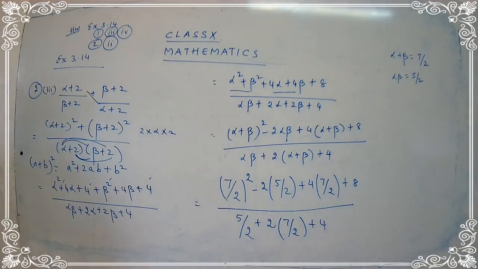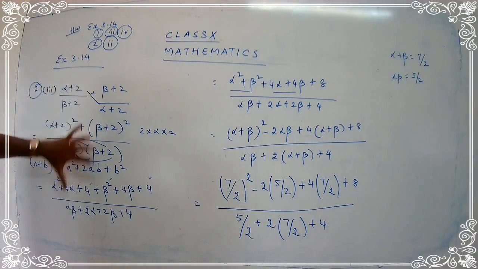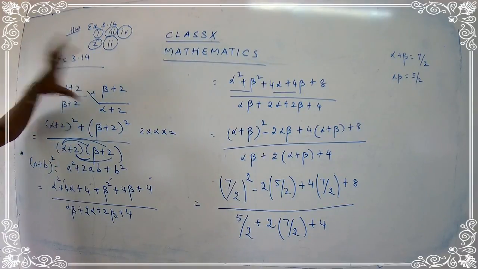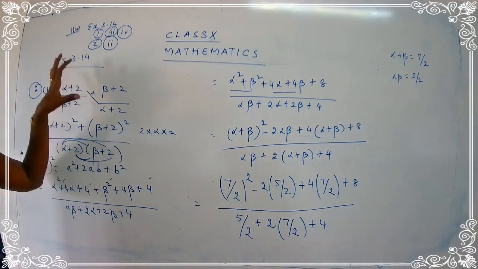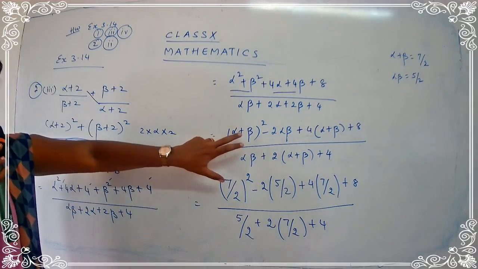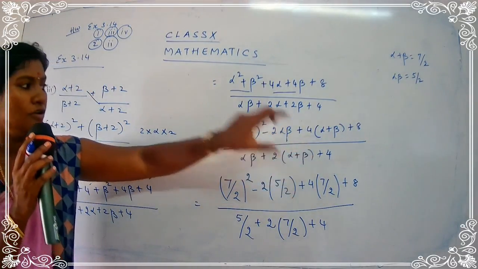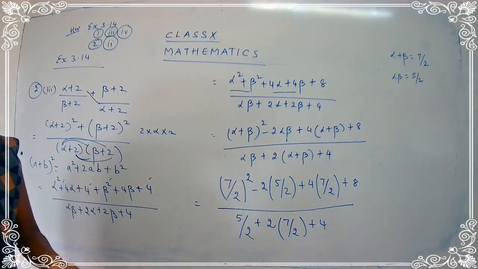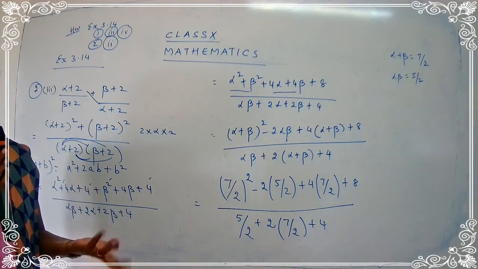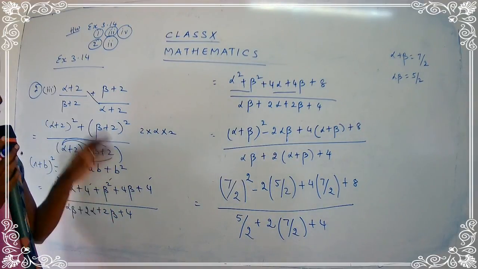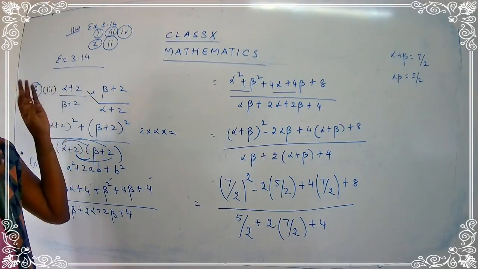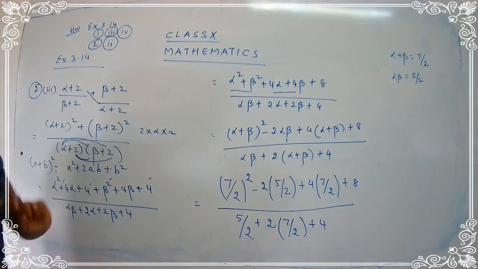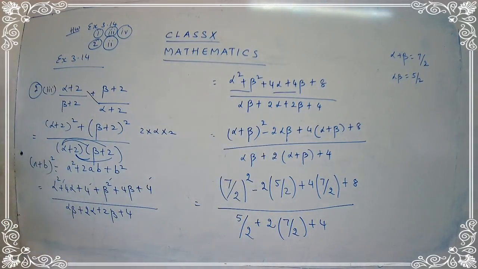Okay, now let's proceed with the next step. I hope you are clear. So what we have done, first of all we have simplified, and we are going to simplify this expression in such a way that you get the expression in terms of alpha plus beta and alpha beta. So you should have only alpha plus beta and alpha beta, because we know only the value for alpha plus beta and alpha beta. Yes, children, we don't know any other value. So what are you going to do? You are going to change this expression in terms of alpha plus beta and alpha beta. So you will be substituting the values and you are going to simplify.